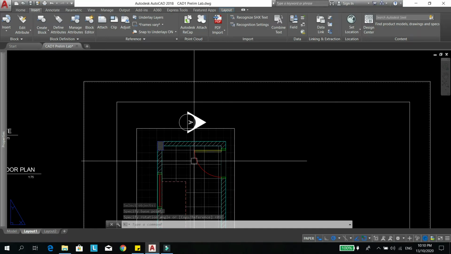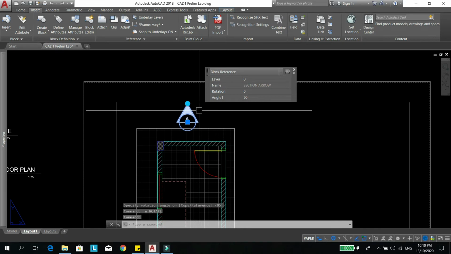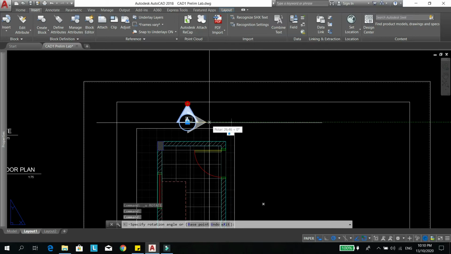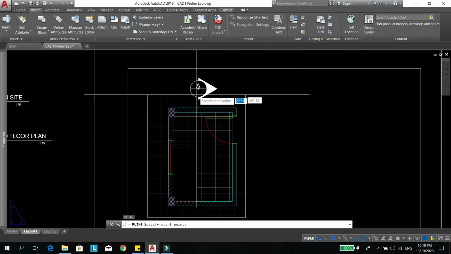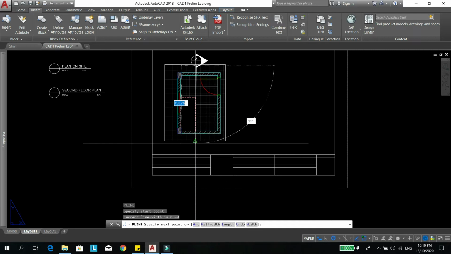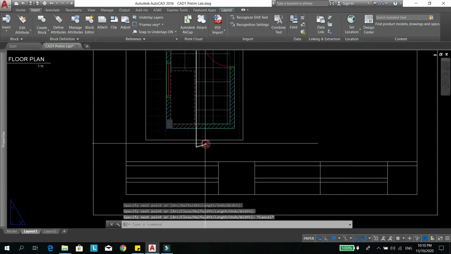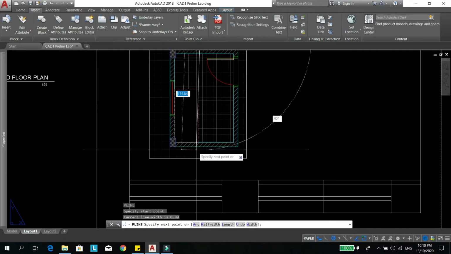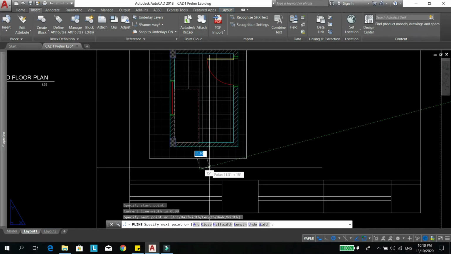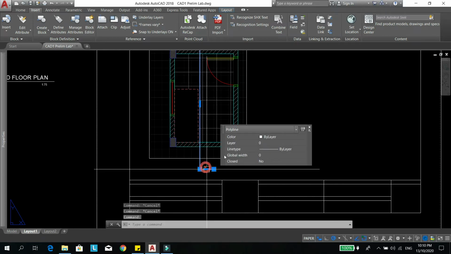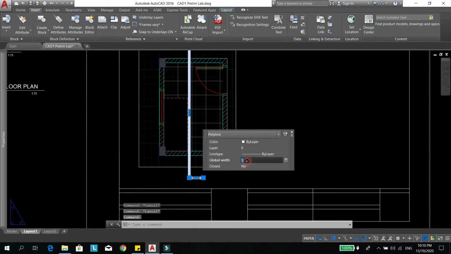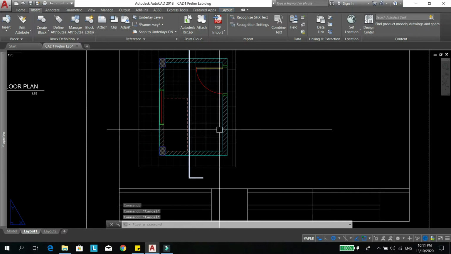Right? So, what I have to do is use the block editor's palette. So, I have to rotate this and I have to create the polyline na lang to create a section line. PL. Okay. So, there. Then I have to change the width. Example 3. So, masyadong makapal. It's too thick. So, I have to choose 1. So, I already have my